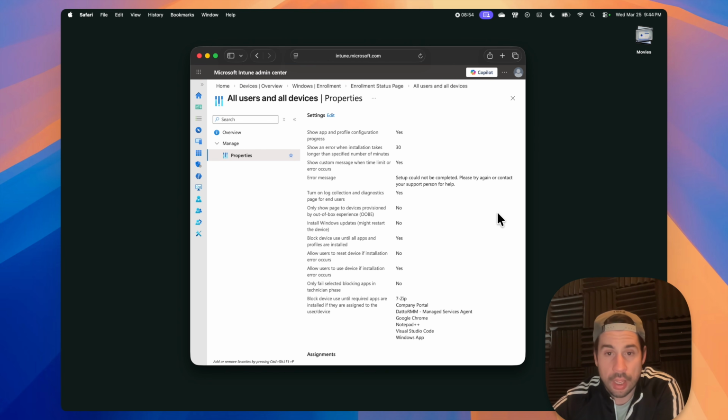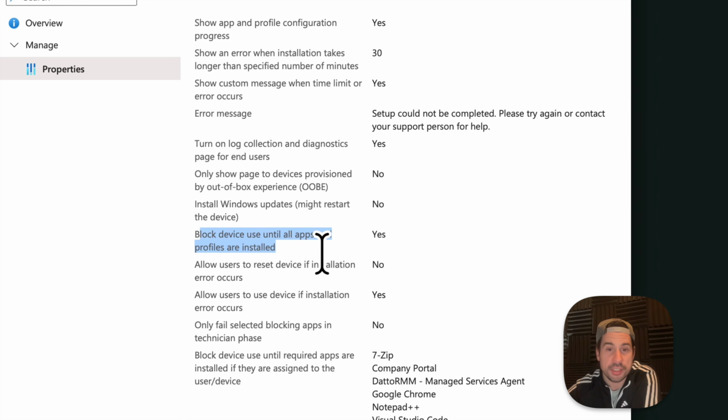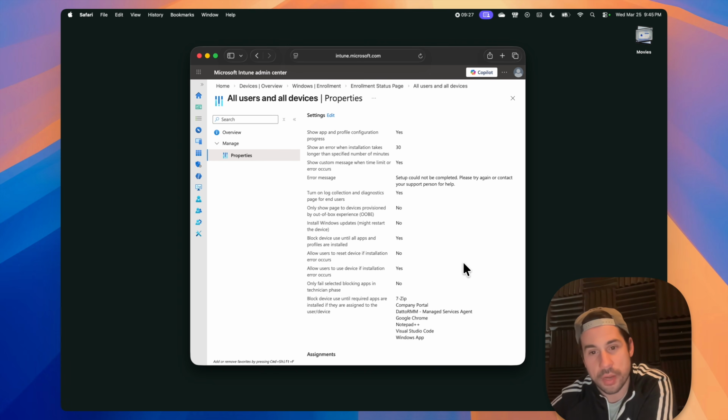Looking down here, we have some options about when to show ESP, whether that's only out of the box or for new user sign-ins. Also, a newer feature as of 2026 is installing Windows updates, which can result in device restarts, which can result in increased auths. So definitely, these are all things we want to test before just saying, yeah, let's use it. But this is the kind of control we get. And the most important part here is blocking the device until all apps and profiles are installed. We're going to have whatever we might use, if we have some important